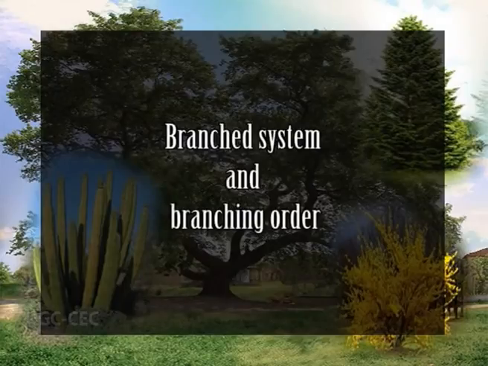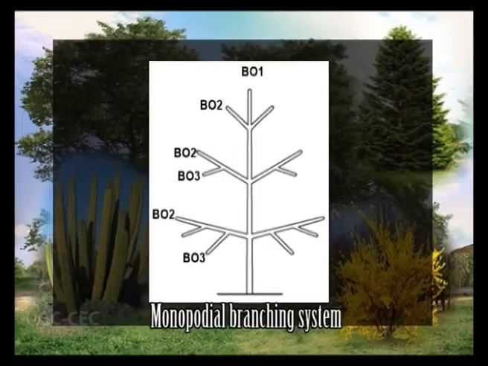Now, let us discuss branched system and branching order. The description of a branched system implies the use of a precise topological terminology. In plant architecture analysis, it is usual to use ordinal numbers and to consider the main stem arising from seeds as the order 1 axis, whereas the axis it gives rise to are referred to as order 2 axis, and